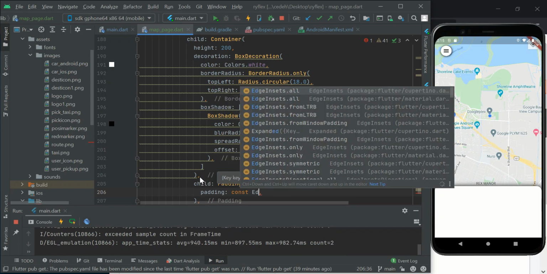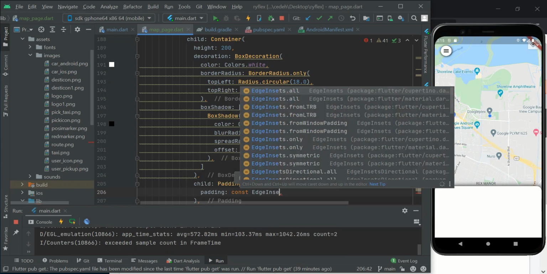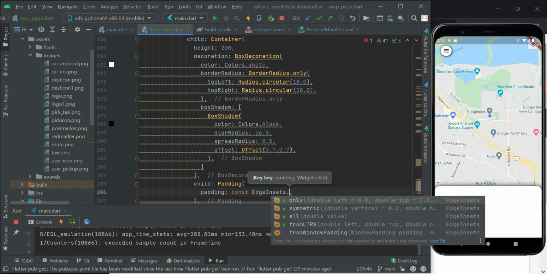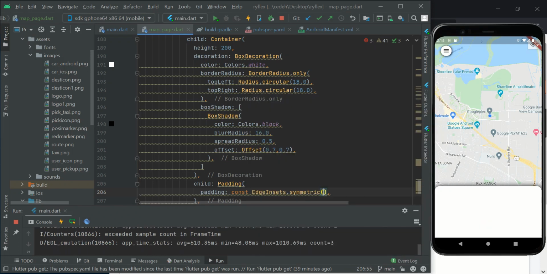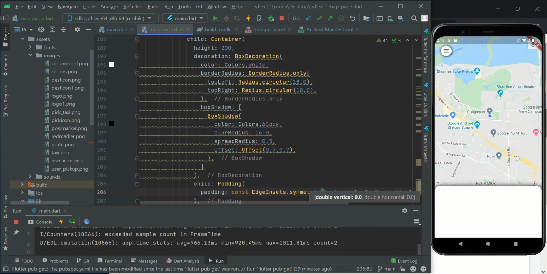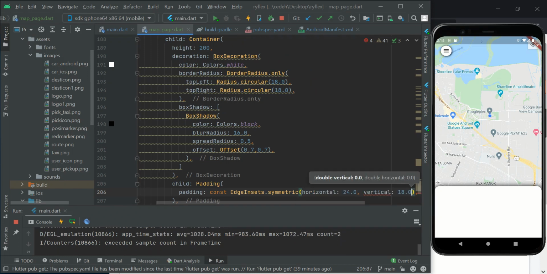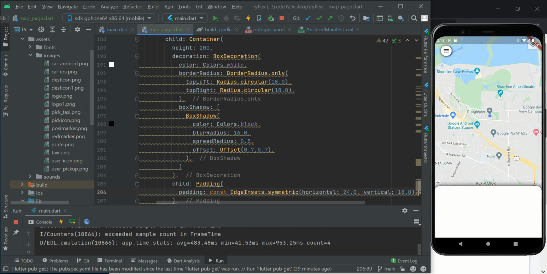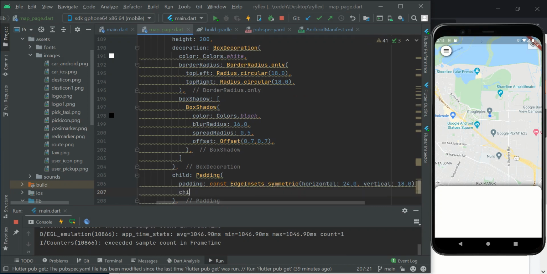Making it a constant increases performance and symmetry. So we say horizontal 24.0, we say vertical 18.0. So we say child